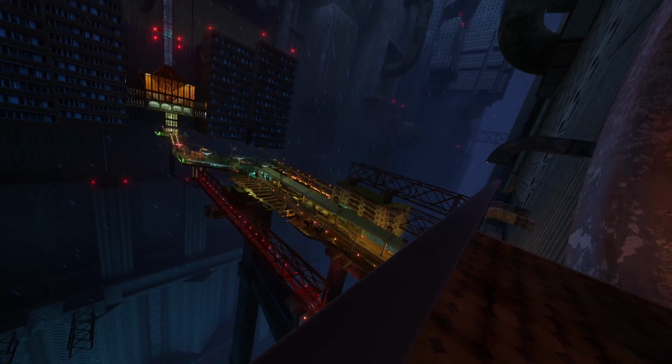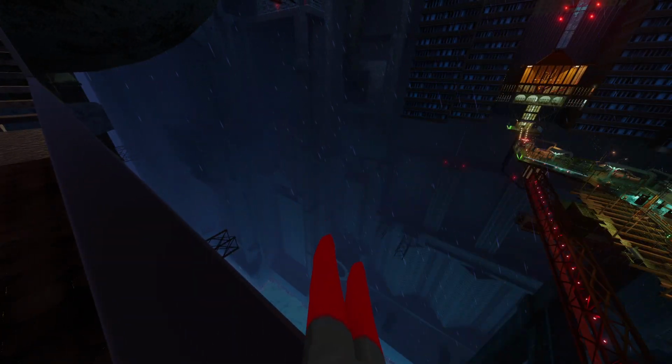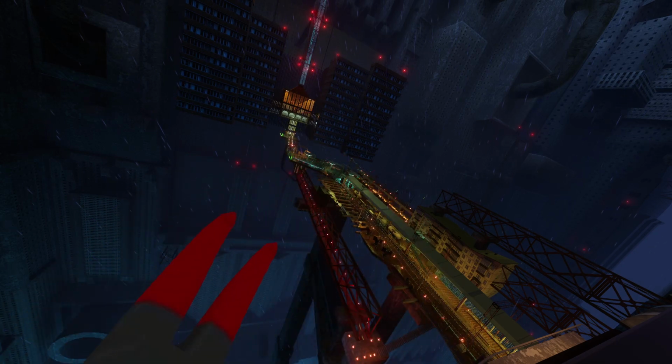Wow. It looks so good in VR. I can tell that's a backdrop, that's fake. That there, that's an actual 3D model, so I'm pretty sure you can go there. You just have to, looks like there's some sort of jumping you have to do, which I don't want to do because this looks,